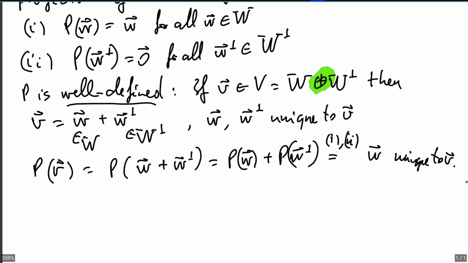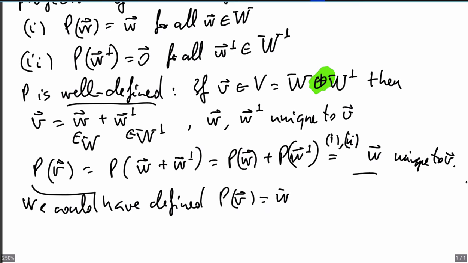It's also easy to see that we could have defined Pv in this way, that Pv is w, which is in the W space, where v equals w plus w perp. And if you define it this way,